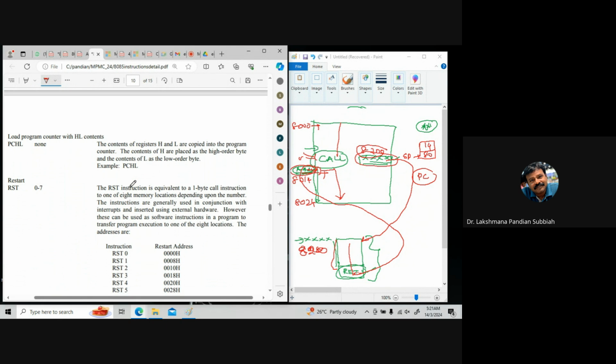In the HL pair we are having one address. The address is going back to PCHL, right? So the HL content is copied into the program counter. The HL content is going to be copied into the PC pair, right? So the HL register